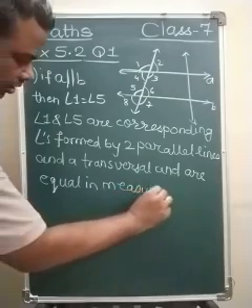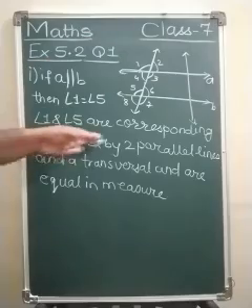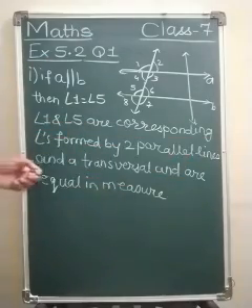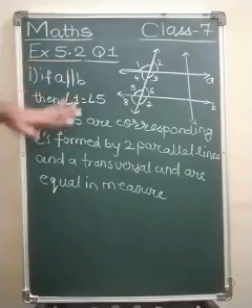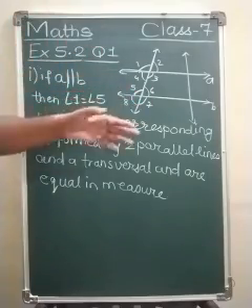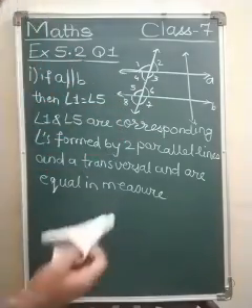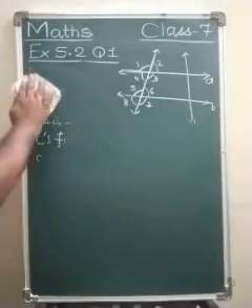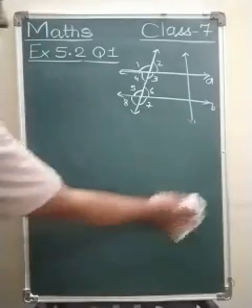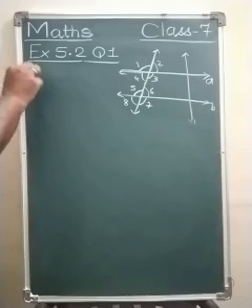We have seen the property of corresponding angles. All the corresponding angles are equal in measure. So 1 and 5 are corresponding angles formed by 2 parallel lines and a transversal and are equal in measure. So this one description I have written. Other descriptions I will not write. I will explain you why it is like that. So while solving the sums, your textbook must be open. While seeing the video, your textbook must be open. So the first answer we have answered. Now I will explain you all the remaining two questions.